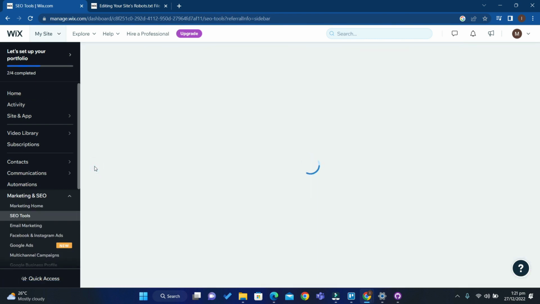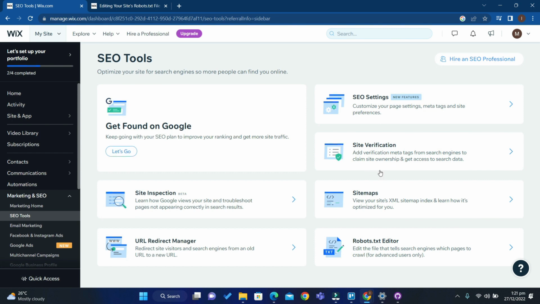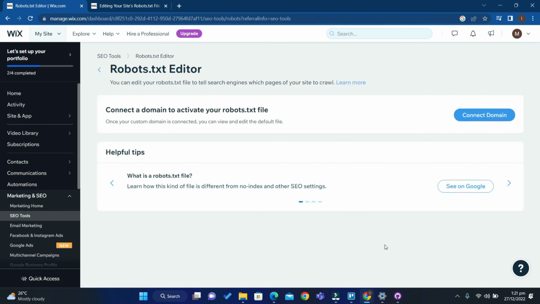Click, then scroll down, then go to robots.txt editor. Click on this, and then here you will connect your domain. Since I'm not a premium user of Wix, I cannot connect to my domain. But if you are a premium user, then you can connect your domain and you can edit your robots.txt file